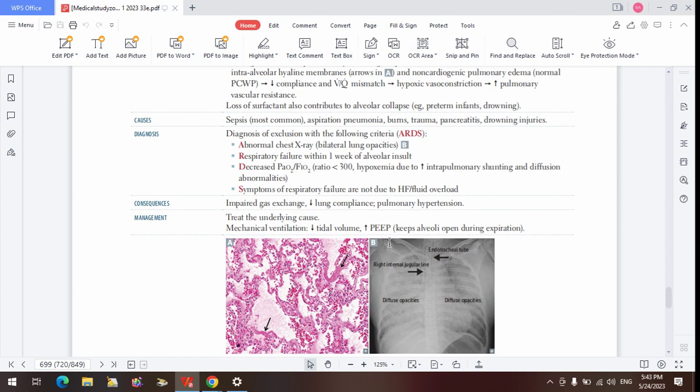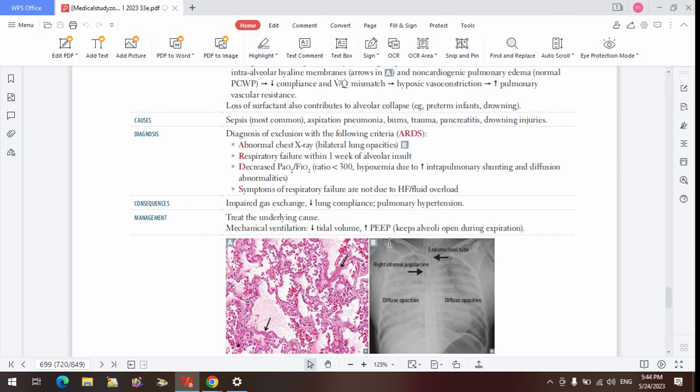So there are two ways you can do it. Increase the alveolar pressure, that is the pressure within the alveoli itself. When there's increased pressure in something, it will not close, it will stay open. Or increase the pressure that is outside, by making it more negative. Your transpulmonary pressure is the difference between the pressure that is inside and the one that is outside.